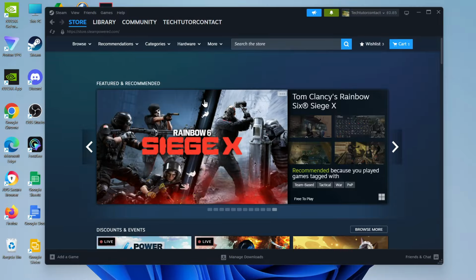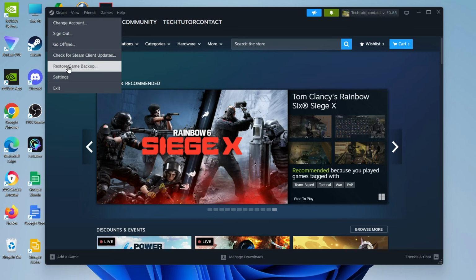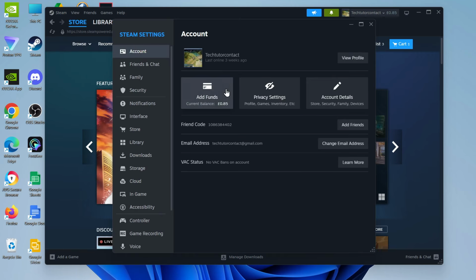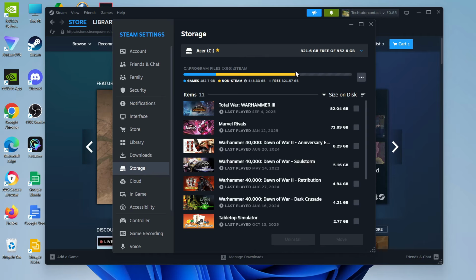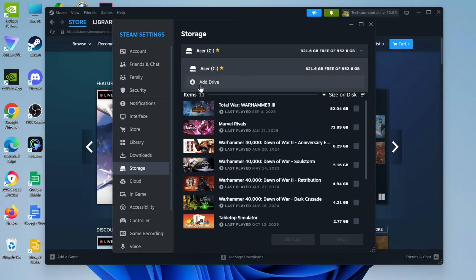Once Steam has restarted, what you want to do is again come up to the top left hand corner, click on Steam and click onto settings. This time you want to come to the left hand side and click onto storage. Now in here what you can do is come up to the top, and if you do have an external hard drive, what you can do is click onto this drop down box and you can add an external hard drive. So you can actually select a drive that's got space for whatever game or updates you're trying to